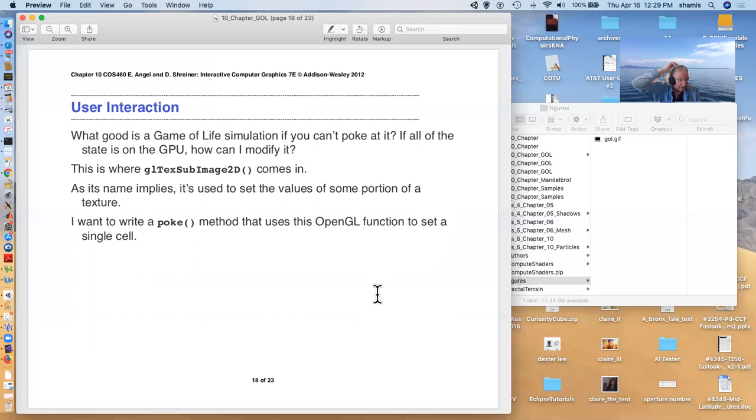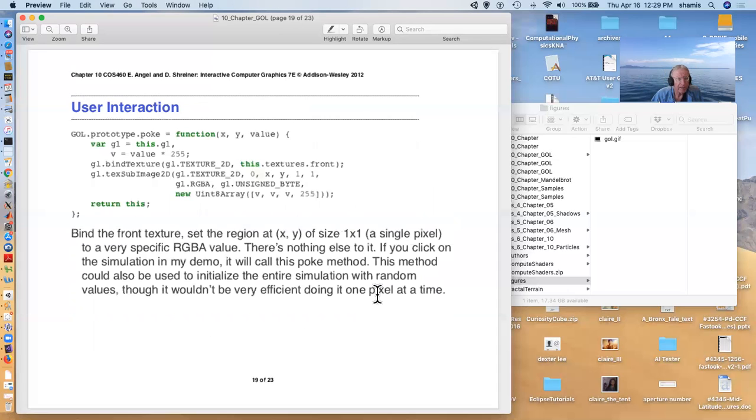For the simulation to be interesting, we need to be able to put cells into it. And so here's where GL texSubImage comes in. It's used to set the values of some portion of the texture. And the poke method does this. When we poke it, which will be a mouse click, it's going to set a value at X and Y. It